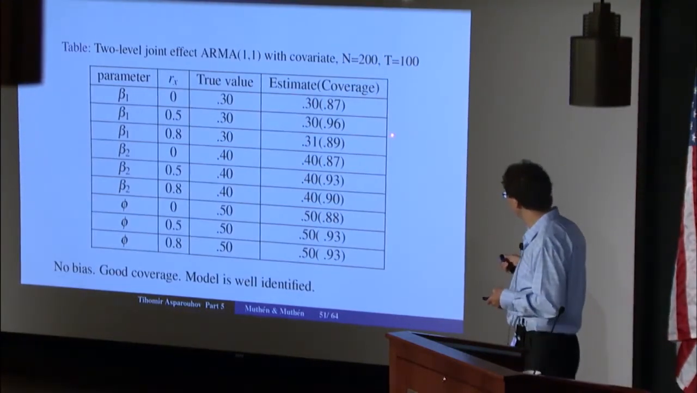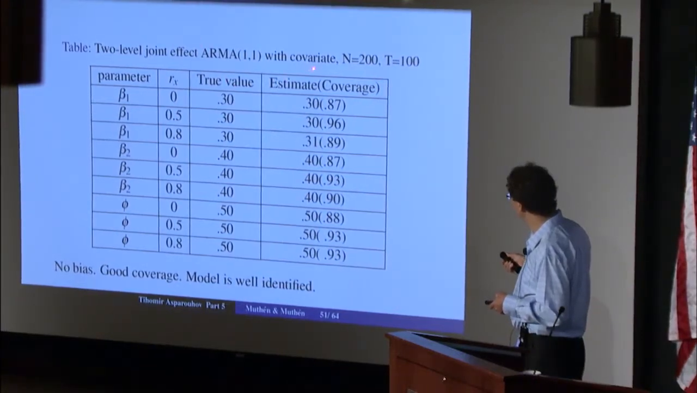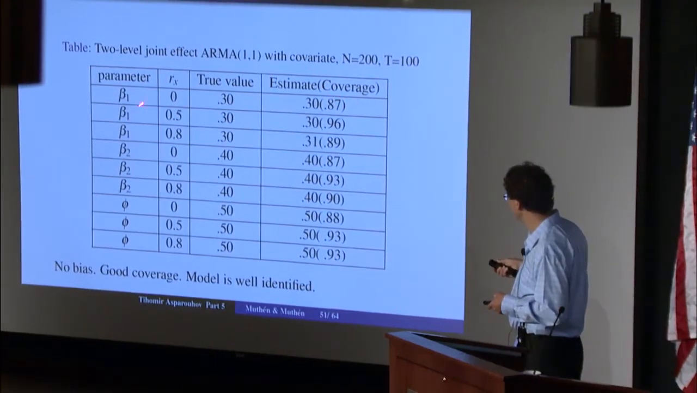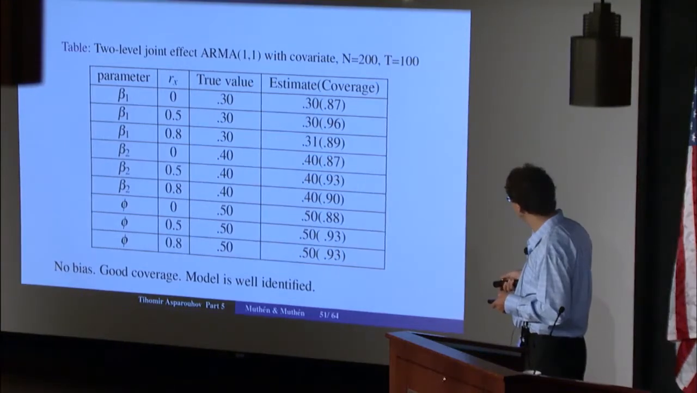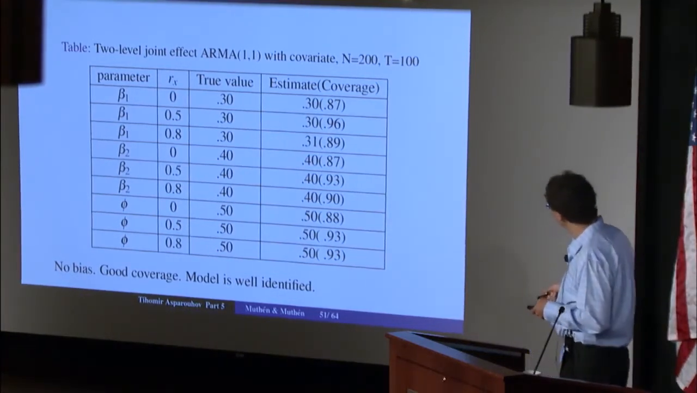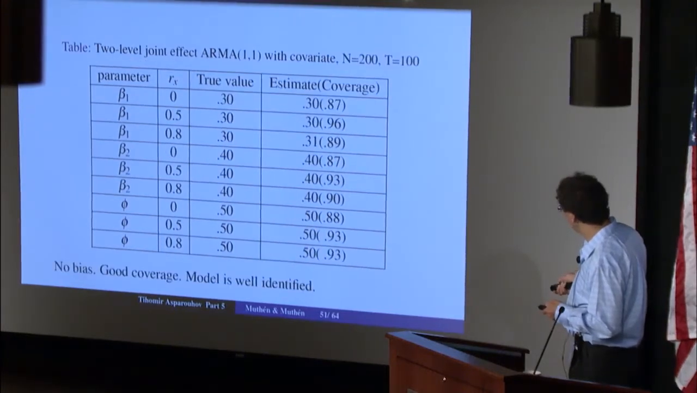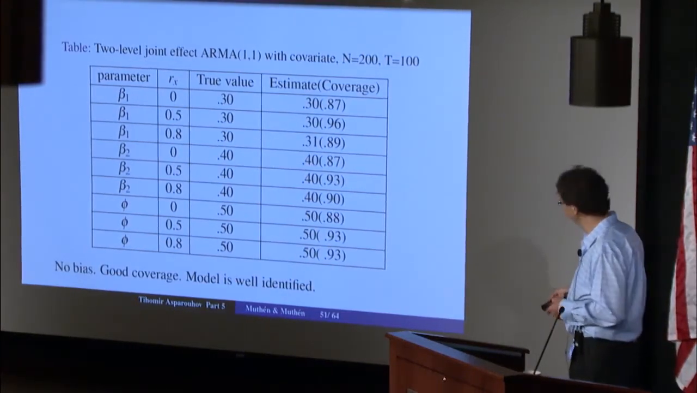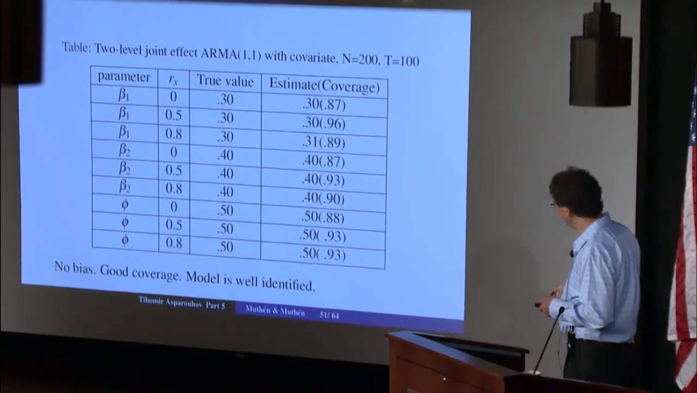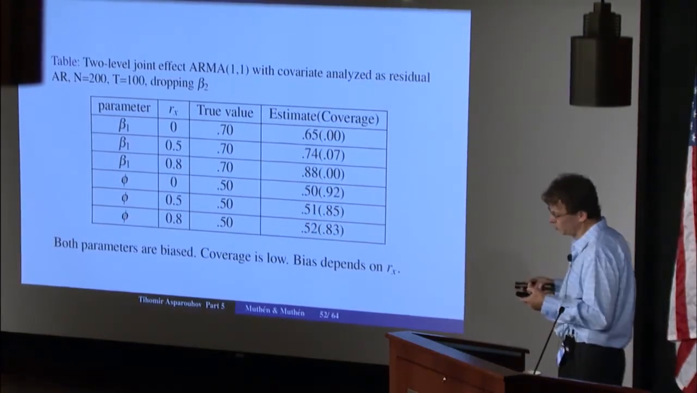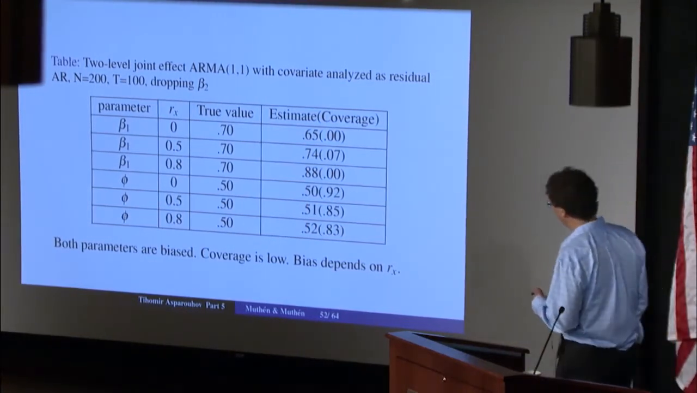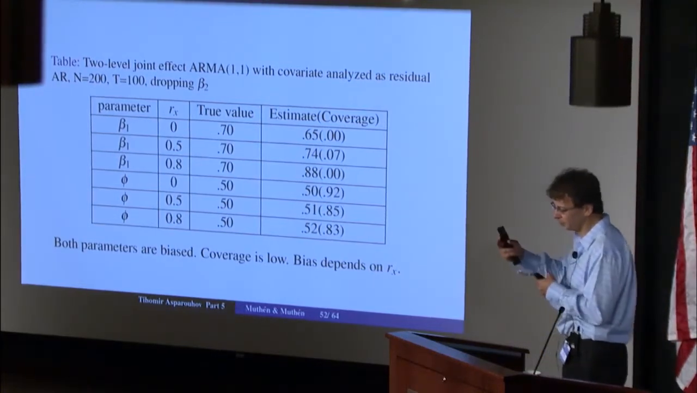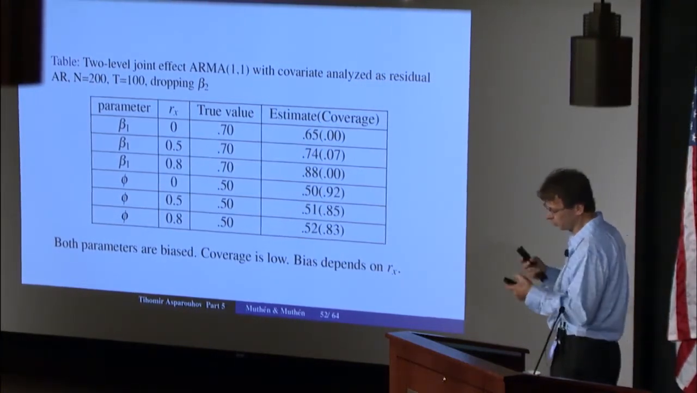And here are the results of analyzing the data with the joint model, and you can see that in all the cases, the parameter estimates are estimated very well, and the coverage is quite good. So the conclusion here is that this model is well identified. And so for a general, time-specific covariate, you can add the covariate in both places, inside the autoregressive equation and